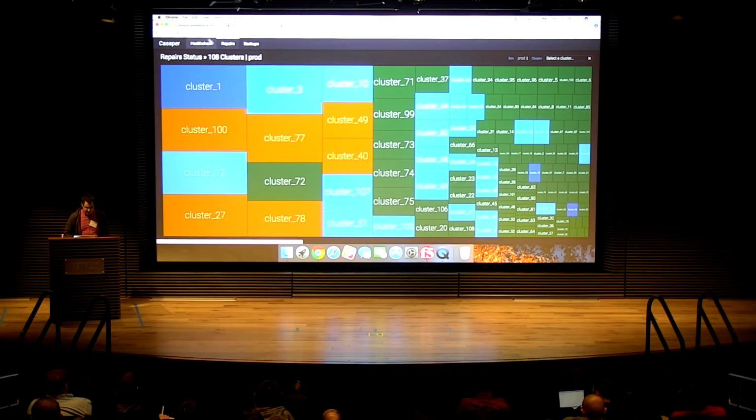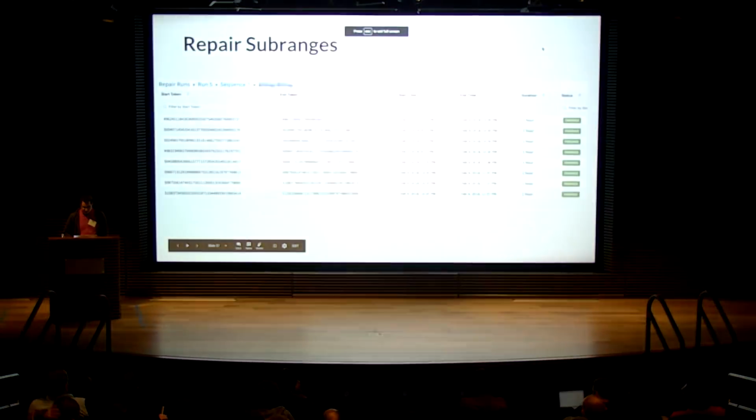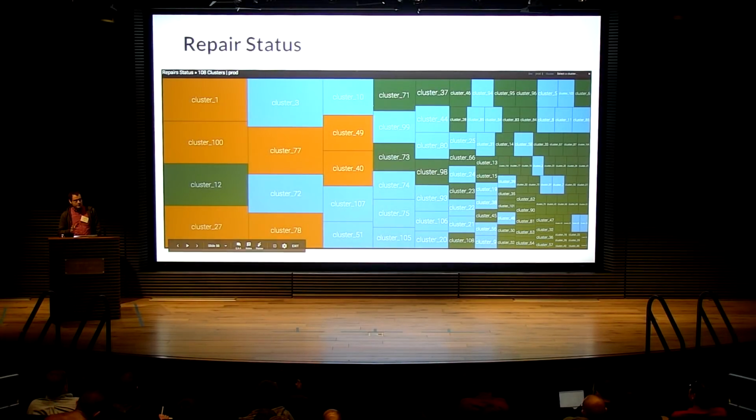Yeah, so that's the demo. Let's go back to this since we did a demo. It's also worth noting that in terms of on-call load, this self-healing system has brought CDE on-call pages down 50%. So half of all of our on-call incidents were repair-related. They're no longer happening because this is repairing all of our data for us.